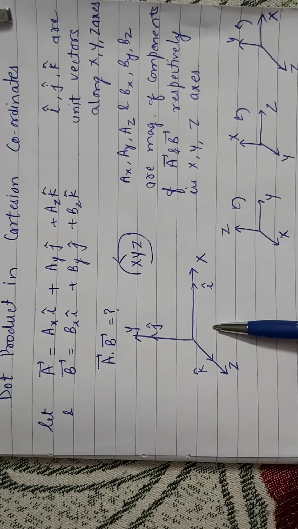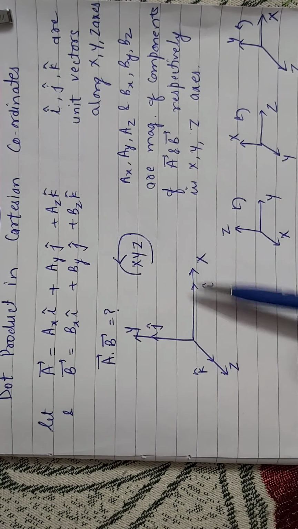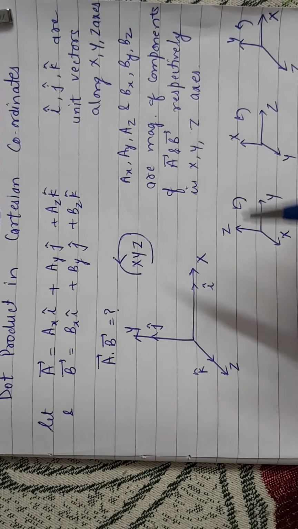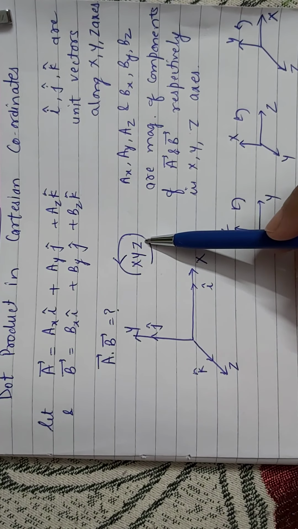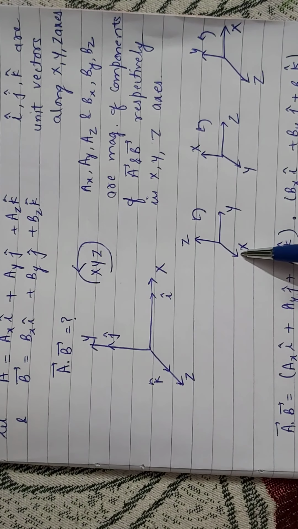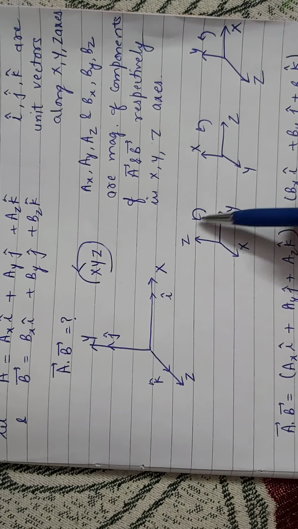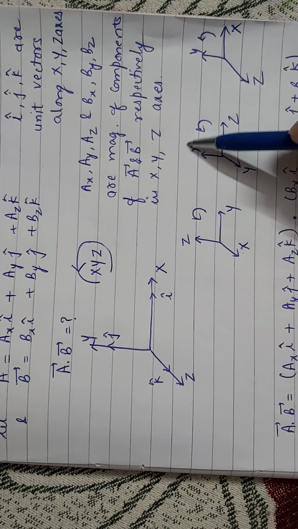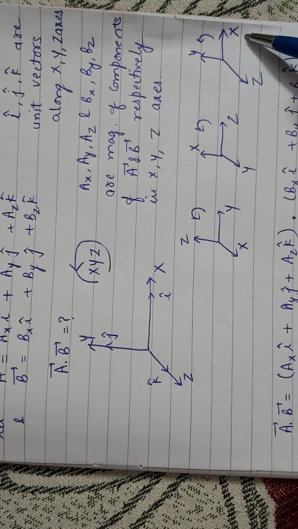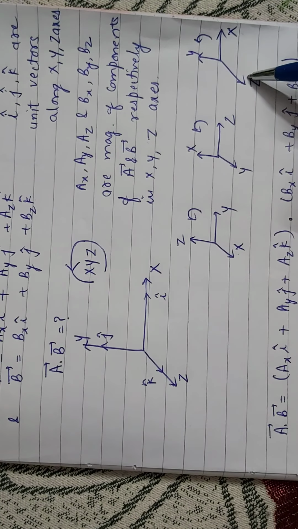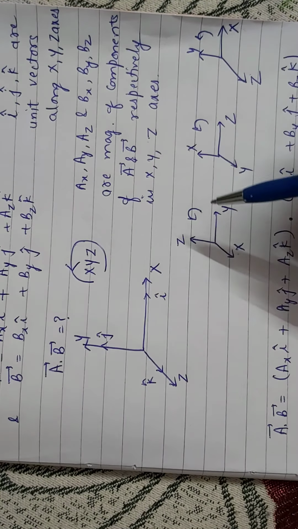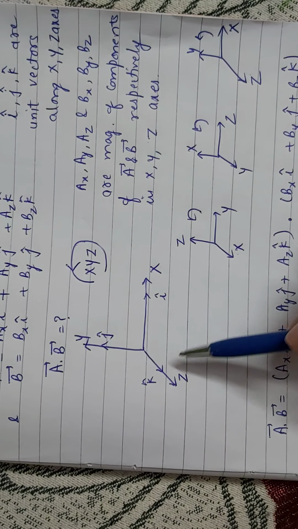So this diagram is representing the Cartesian coordinate system. This is the x-axis, y-axis, z-axis. In class I also told you, students, that x, y, z should always be anticlockwise. For example, I have drawn these diagrams. Here this line is representing x, so this should be y and this should be z. If I take this one as the x-axis, then it should be y and it should be z. In all the diagrams you can see that x, y, z are anticlockwise to each other and they are all mutually perpendicular.